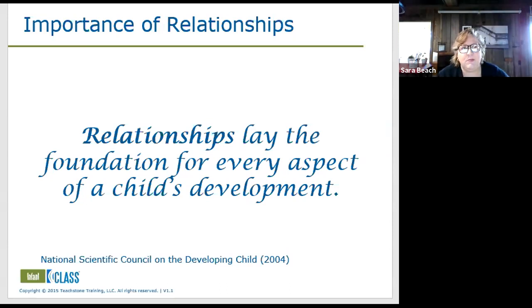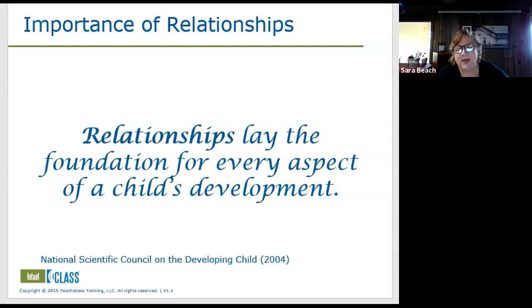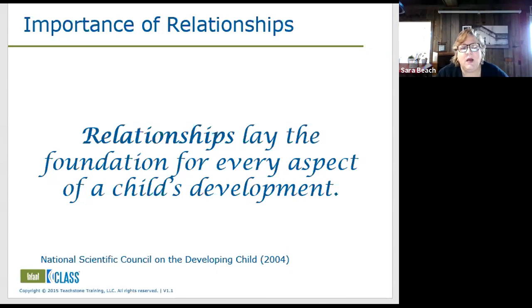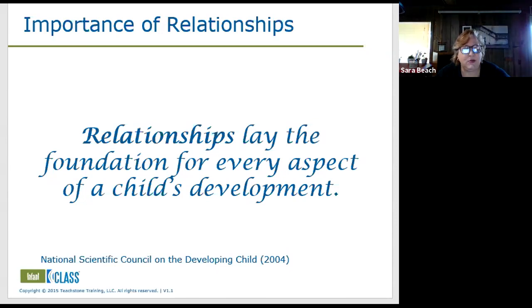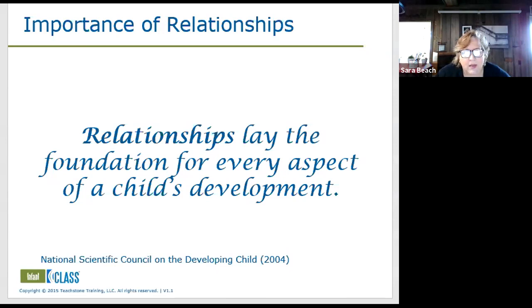cannot be overestimated or under-mentioned to teachers. So I talk about it a lot with teachers early in the year, especially as they were first getting to know children. But then obviously, whenever there are problems and whenever there are stresses, we go back to the relationship, and we talk about, what am I doing as the key person in this child's existence right now, in the moment? What am I doing to use my relationship to help them?